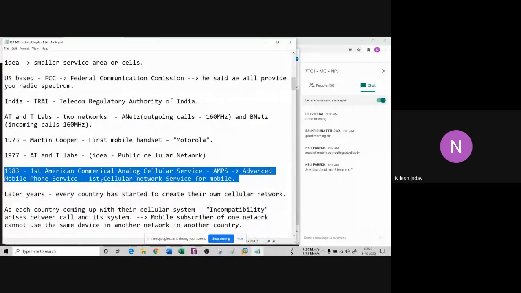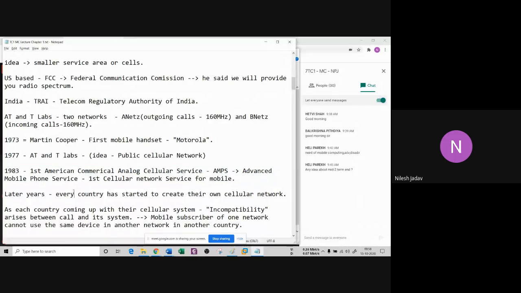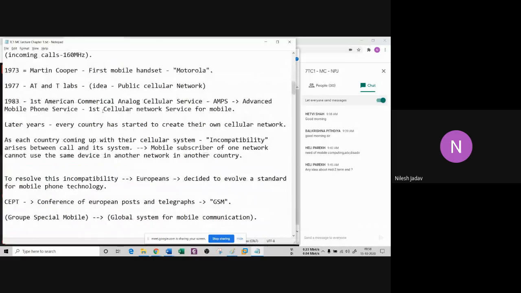So remember this. Later, once the US had created AMPS, alternative cellular networks were created by each and every nation, such as India introduced something, Japan introduced something, and Europe is very competitive in nature, and they created something very special cellular network. Remember, Europe, the whole continent, is very competitive in nature. I mean, it's not the US which is a superpower.